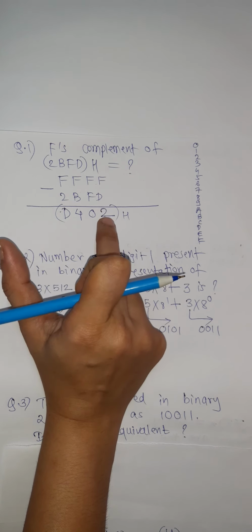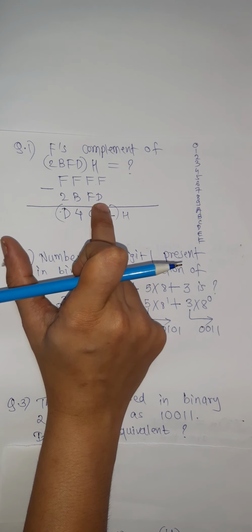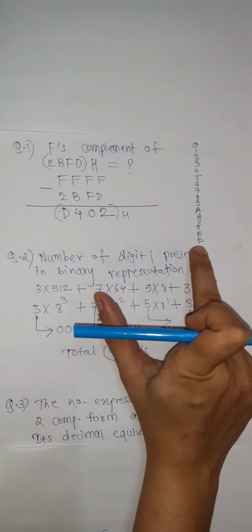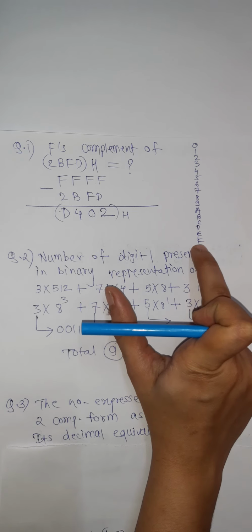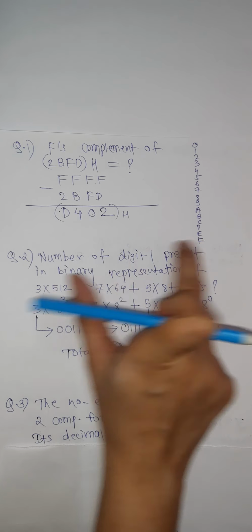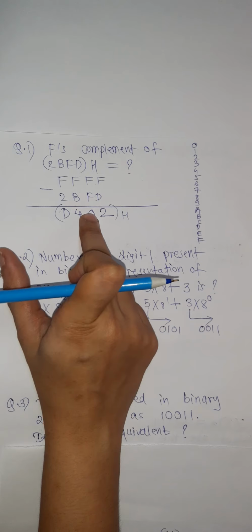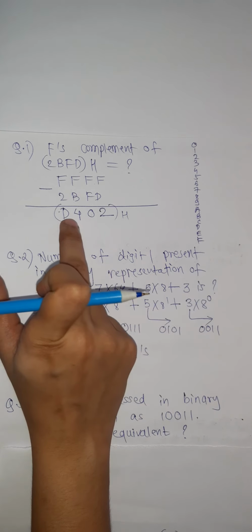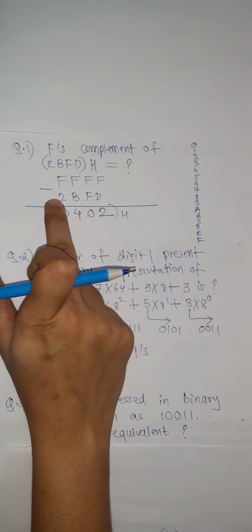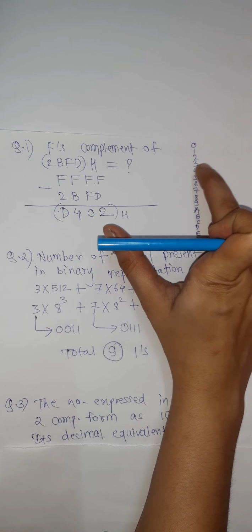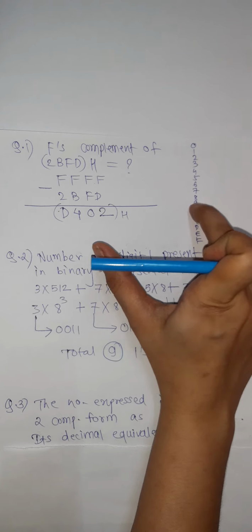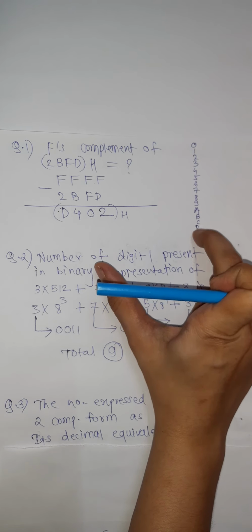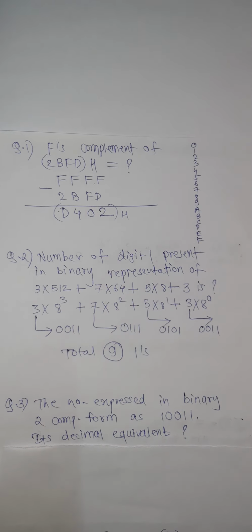F is 2 places away from D. As D plus 2 is equal to F, here 2 will come. F minus F is 0. Now F minus B. Now B plus 4 is F, so here 4 will come. And from 2, counting 1, 2, 3, 4, 5, 6, 7, 8, 9, A, B, C, D, F is D places away. So D402 will be our right answer. It is our F's complement.